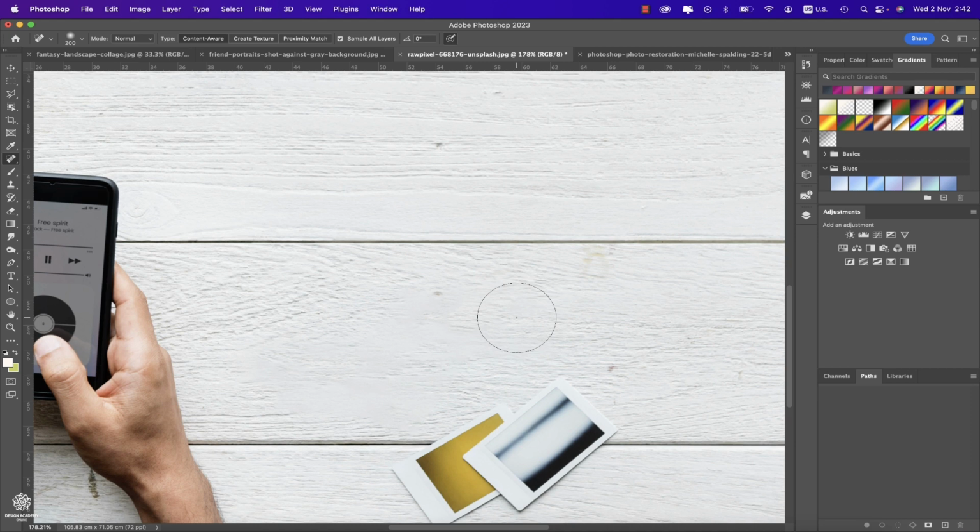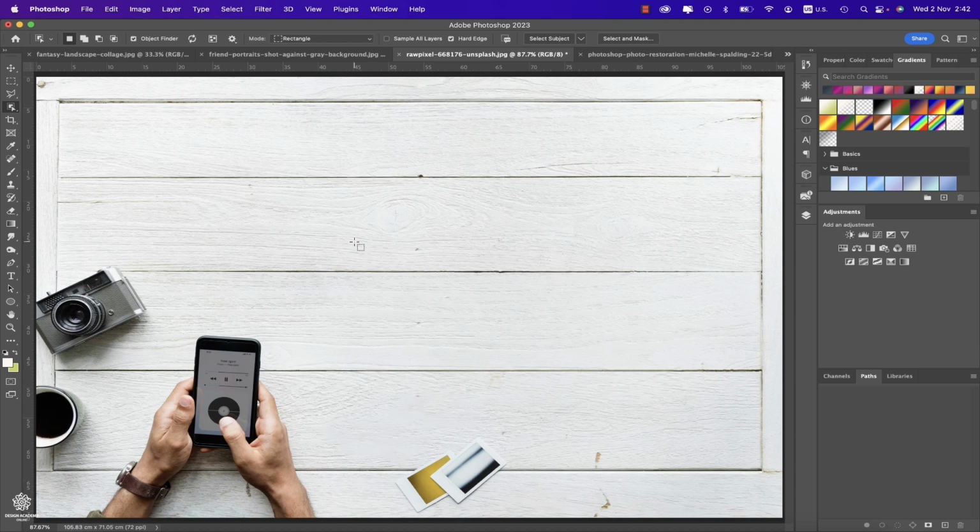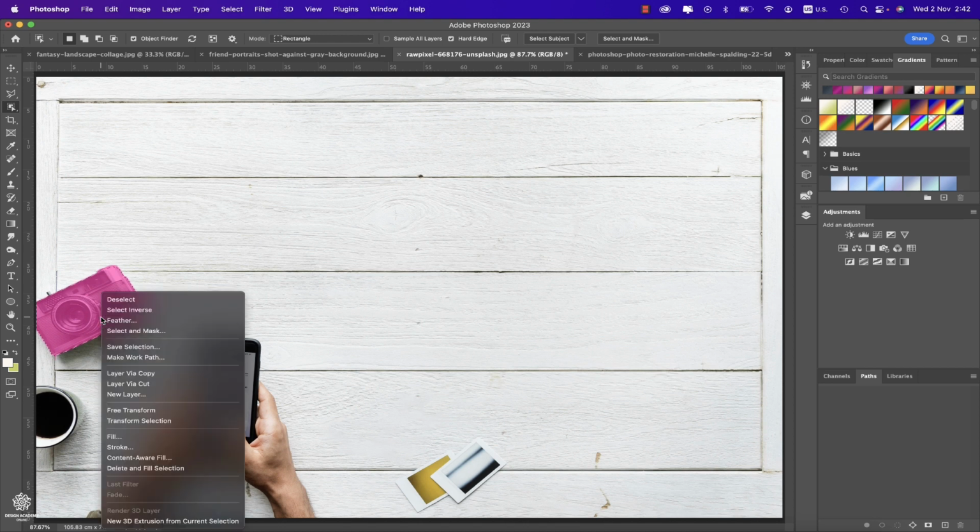And if we go ahead and select our Object Selection tool once again, then zooming out. Now, as you can see, it's loading again in here. If you don't like that loader, you can disable that option. Then let's go ahead and maybe select that camera in here. And if you'd like to delete and fill that one, you can right click and select that one in here, or use Shift and delete or Shift and backspace on Windows. It's supposed to be Shift and delete as well in Windows. However, now it's not working like that in there. So if you are a Windows user, you can use Shift and backspace, or you can go with that menu,